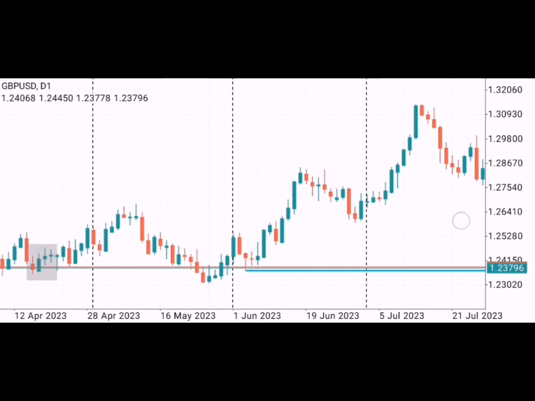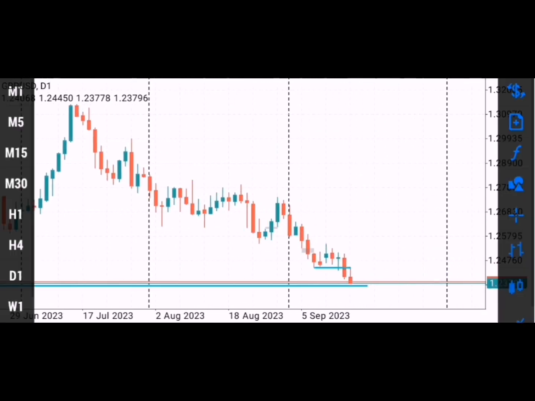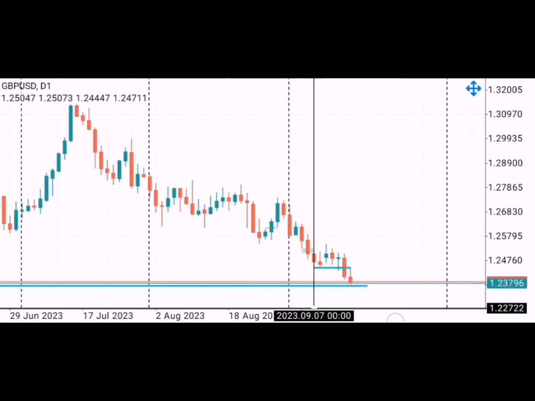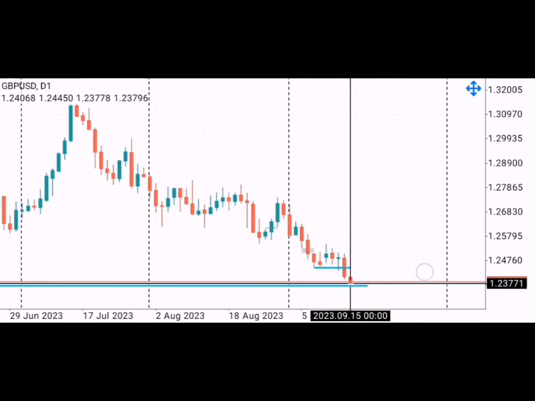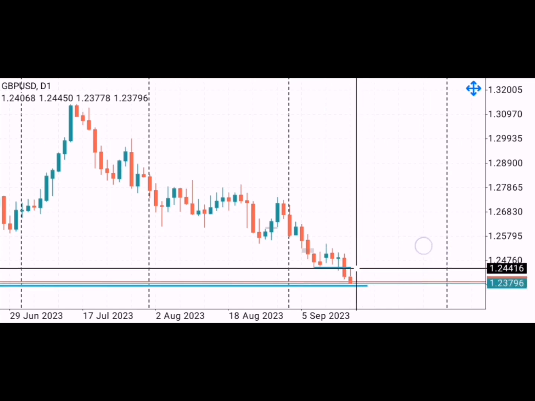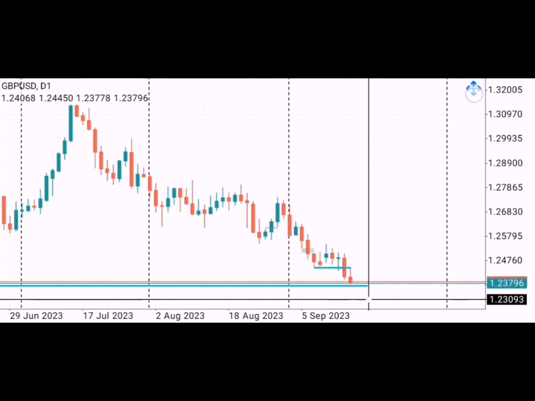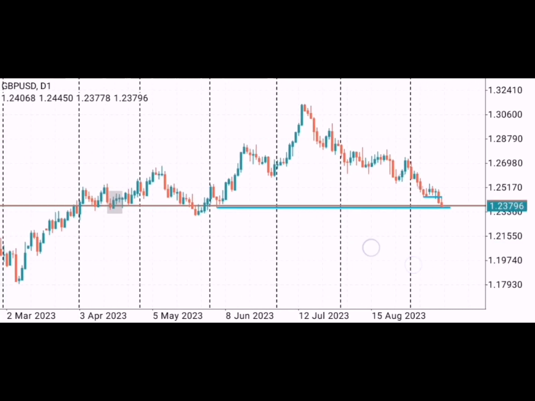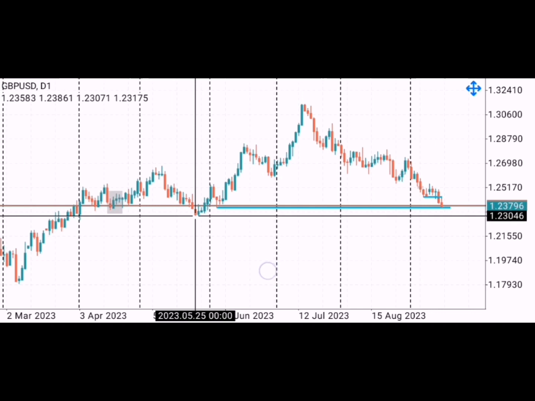And once it has traded into that, potentially the price is going to trade up again into this level over here, or potentially into these lows over here, and then continue momentum to the downside to ultimately trade into these lows over here.